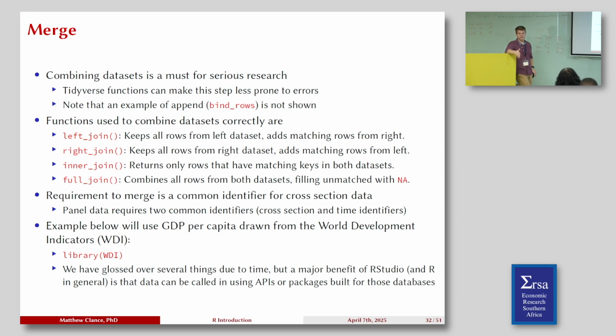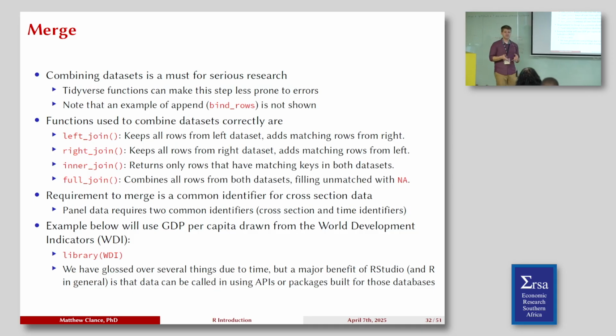Okay, so you always want to know why something did not merge correctly. And typically, whether you're doing left or right, usually you want to take whatever the biggest data set is, the most complete in terms of observations, years, or whatever. You want to be merging into that version. That makes it a little bit easier to figure out what's going on.